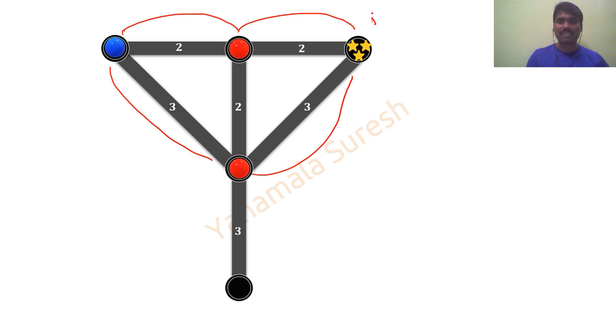The first possibility is this one and the second possibility is this one. Both the ways are correct, right? I can move this blue ball from here to here, done, my job is completed. Or I can move this blue ball till here, and my job is also completed. Both the ways are correct.